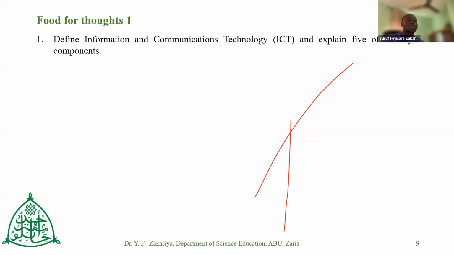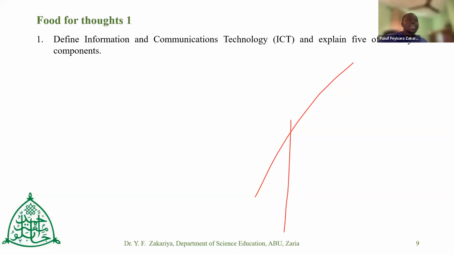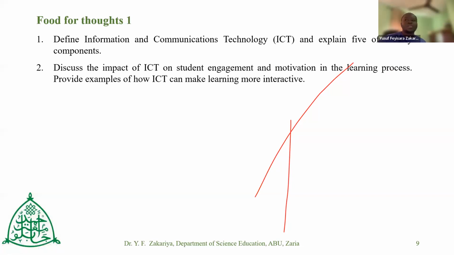So look at these questions. Everybody take a moment. Then look at these questions. Define ICT and explain 5 of its key characteristics. Define ICT and explain 5 of its key components. So this is another question could be, discuss the impact of